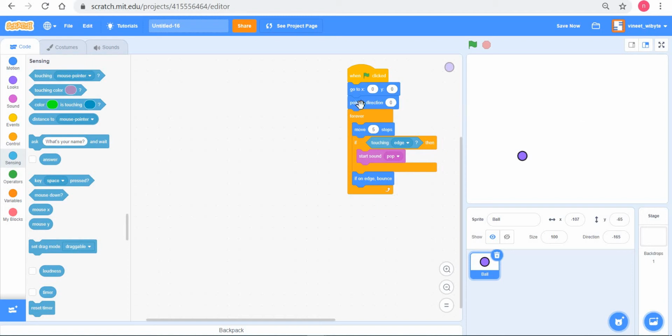And I use a block called point in direction 0, right? I'll talk about this in a little bit more detail as we go along. And then I say forever, move 5 steps. If you're touching the edge, which means any of these edges, start the sound called pop, so a small pop sound comes. And if you're on the edge, please bounce, right?